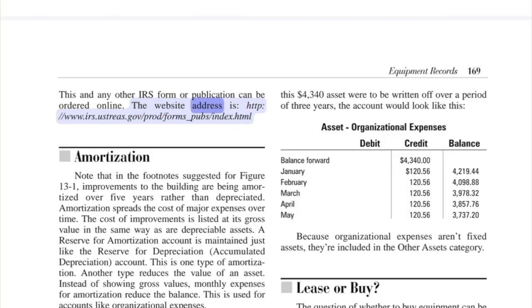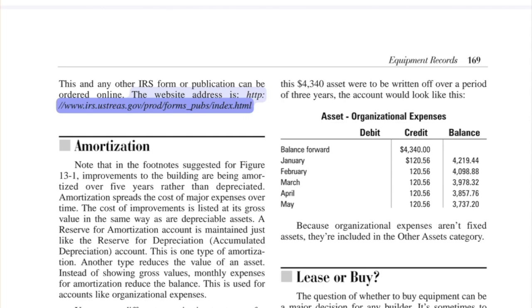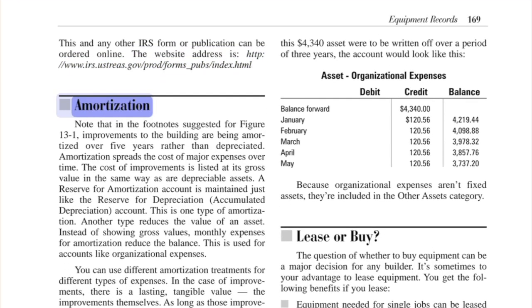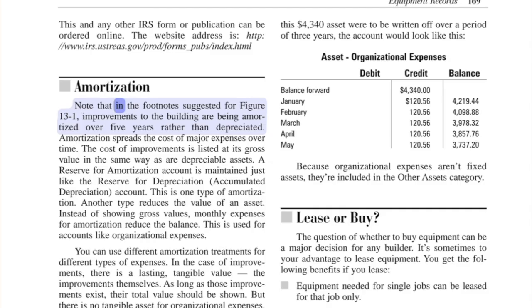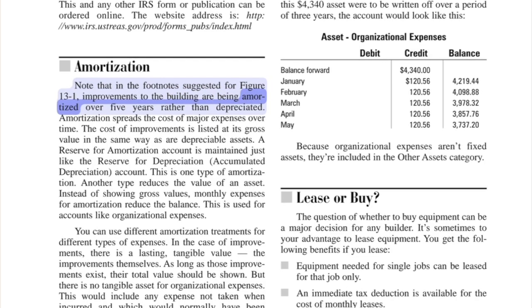The website address is http://www.irs.ustrees.gov/prod/forms_pub/index.html. Amortization. Note that in the footnote suggested for figure 13-1, improvements to the building are being amortized over 5 years